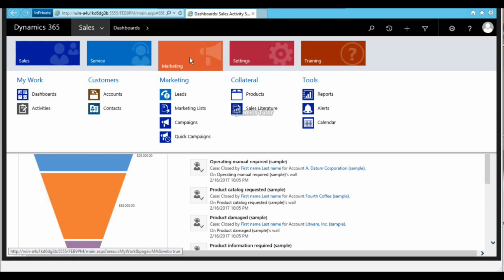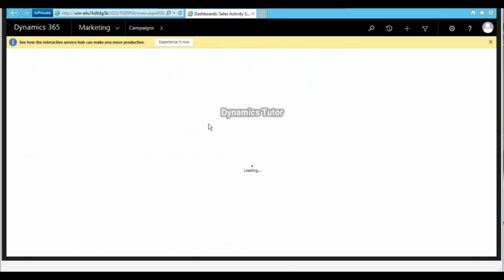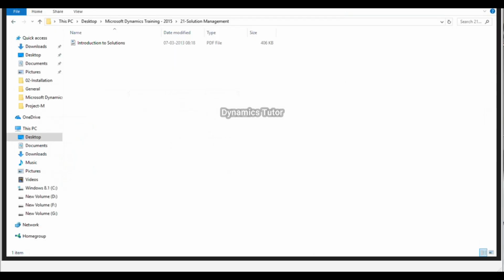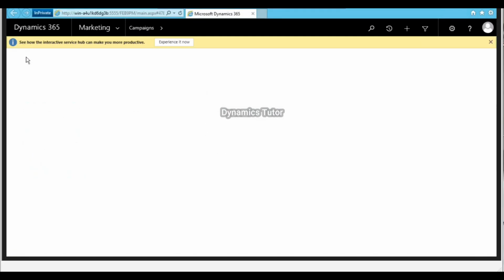So in the marketing module, first we will start creating a campaign. What is a campaign? A campaign is an advertisement or a marketing promo. So I'm going to create a campaign here, that is